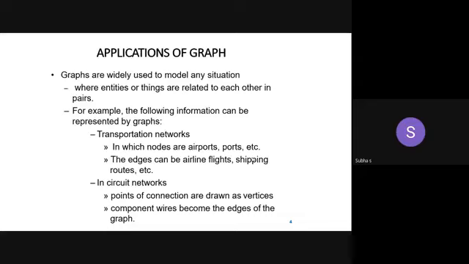For a transportation network, what do we need? We have to connect all the places. Obviously, which one will we choose? From one place to another place, how many kilometers are there? If it has a short distance, we'll first move to that place, then we move on to the next one. I have to connect all the places to move from my source to destination. So those places are considered as the nodes. Okay, the path is your edge. So the edges can be airline flights or shipping routes, anything.